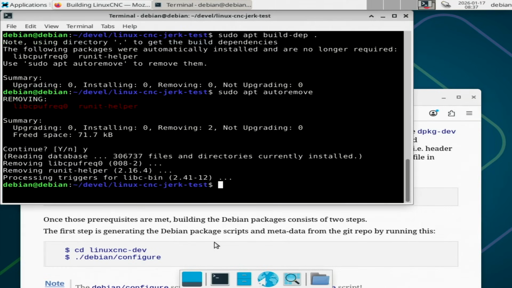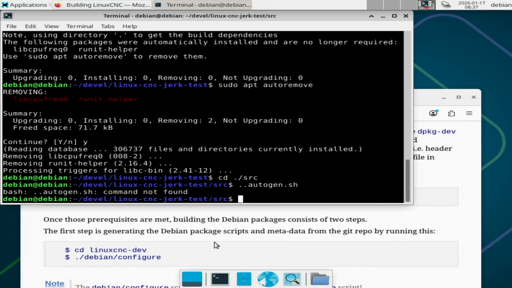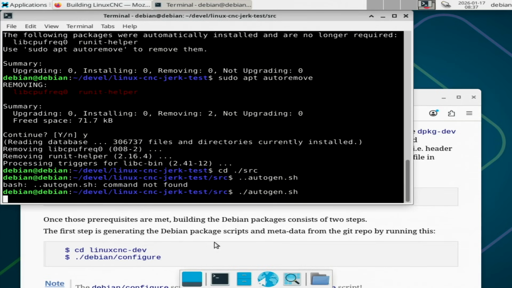programs, and we can go cd src. This is the folder that has all the LinuxCNC source code. There's many folders under this, and we can type in autogen to configure the build environment. So that's done that. And now we can type in configure